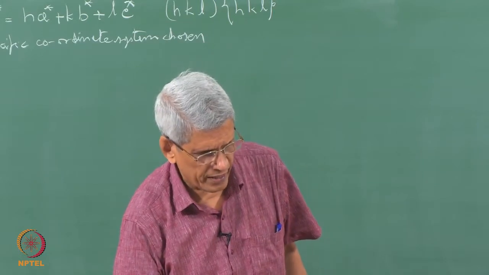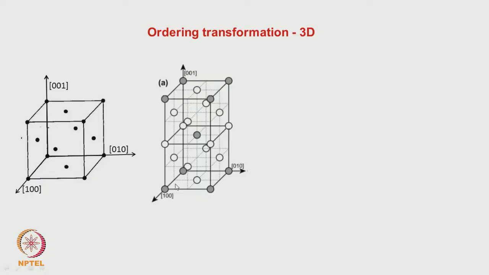A case which I have considered is where an ordering is taking place, and the unit cell of the ordered lattice is being shown here. If you look at the unit cell, it is as if two FCC lattices are kept on top of the other. In the A and B directions, the lattice parameter remains the same. In the C direction, the lattice parameter has doubled because one is kept on top of the other and some ordering has been introduced at specific positions. This is essentially a body centered tetragonal structure.